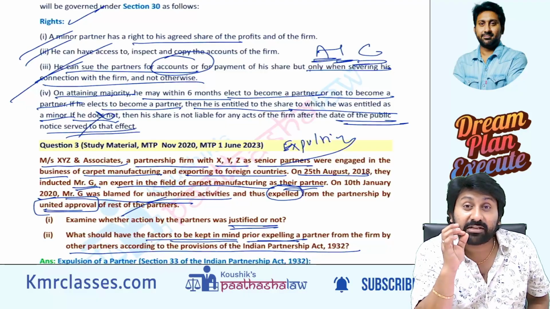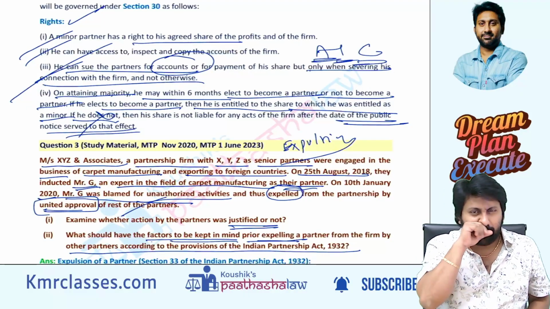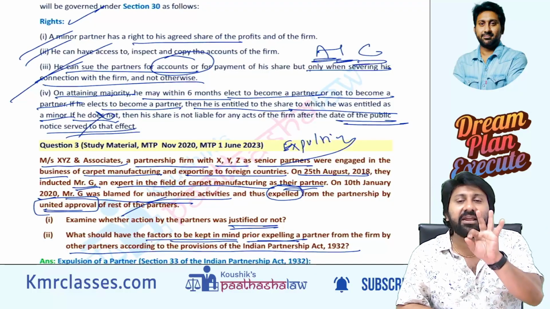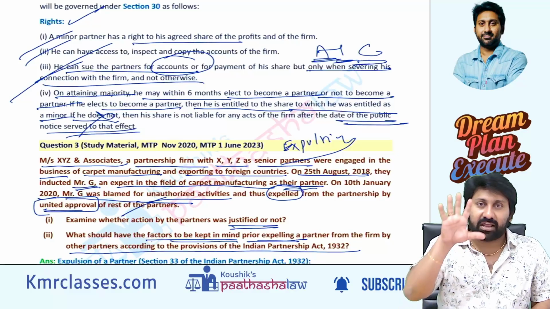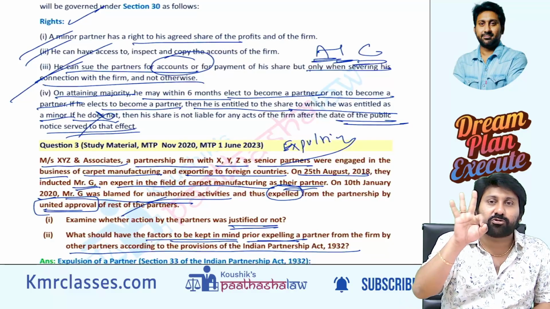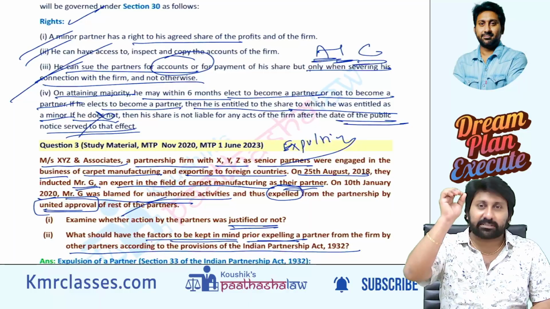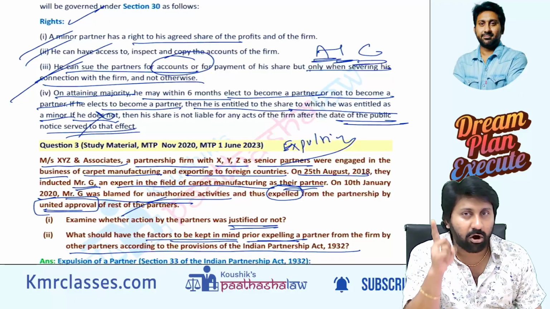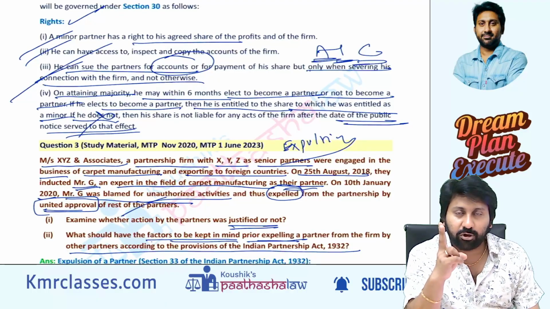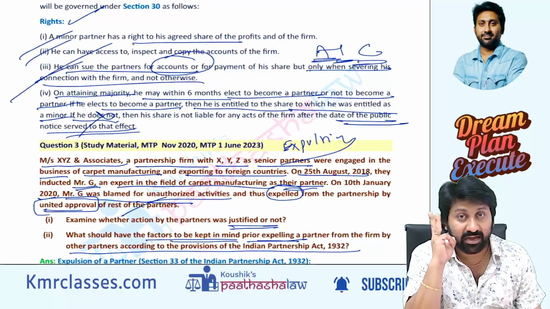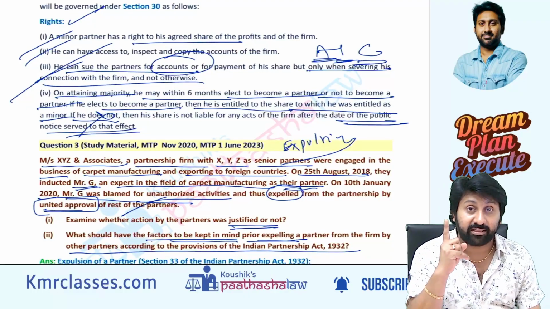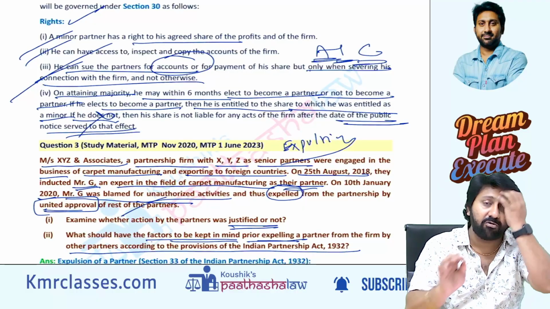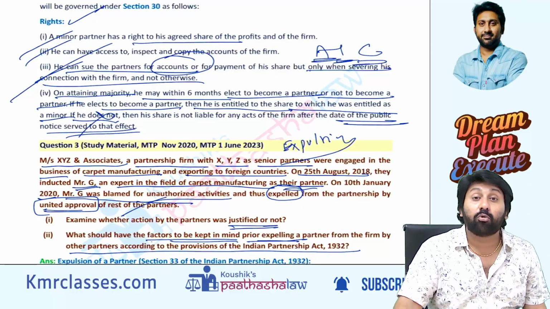Second one, majority partners' consent is required. If there are 5 partners and I want to expel one of the partners, the remaining partners, at least 3, should say yes for expulsion. Then only expulsion will happen, or else expulsion does not happen. So 3 conditions. Condition number 1, a contract must exist. Condition number 2, you can remove only with the consent of a majority of partners. Number 3 is the most important one, good faith. Out of any grudge, revenge, etc., you should not remove. There should be a logic for your removal. Therefore good faith has to be tested.